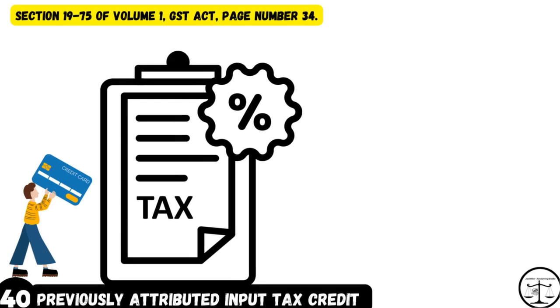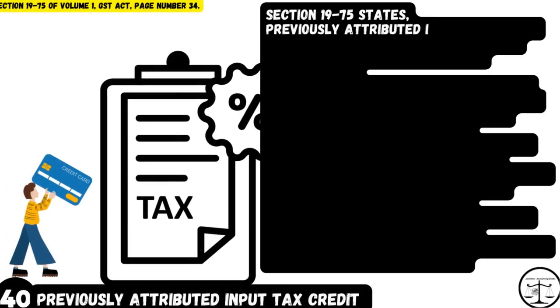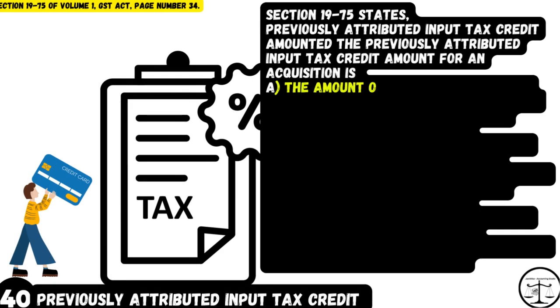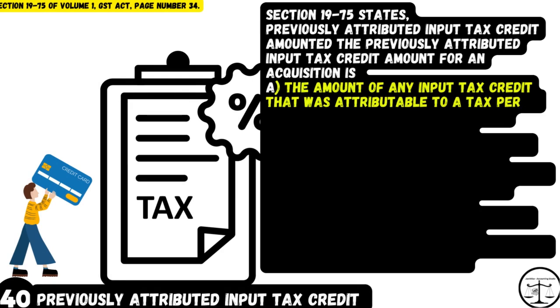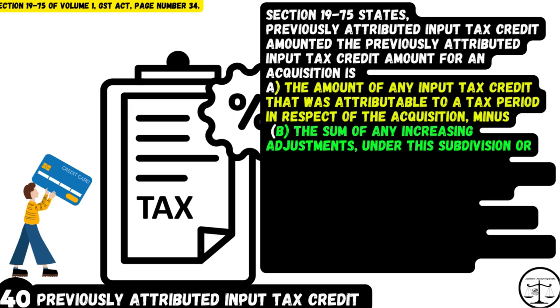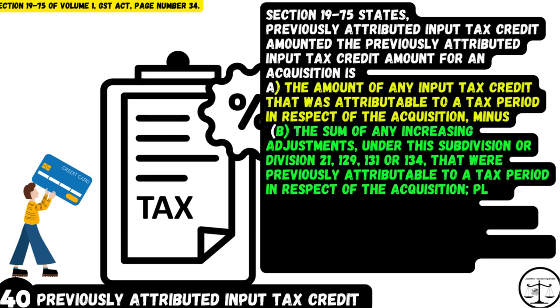Next word. Word number 40. Previously attributed input tax credit amount has the meaning given by Section 19-75. That is Section 19-75 of Volume 1, GST Act, page number 34. Section 19-75 states, previously attributed input tax credit amount. The previously attributed input tax credit amount for an acquisition is A. the amount of any input tax credit that was attributable to a tax period in respect of the acquisition minus